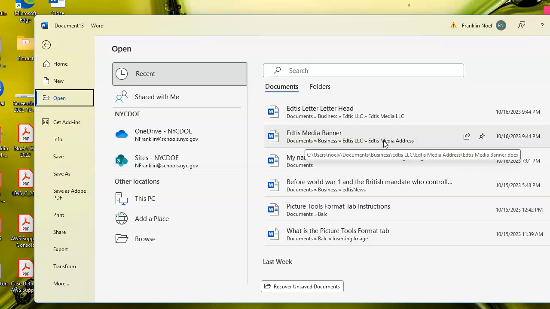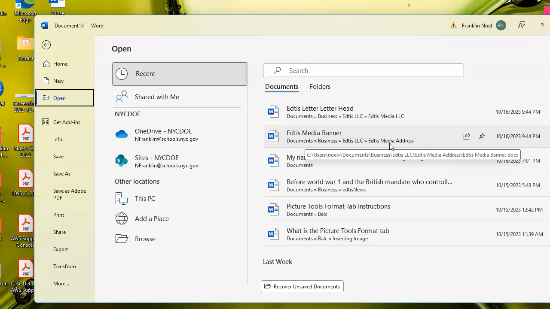Another reason why you need to know this is because sometimes you need to upload things to Google Classroom. You can't do that through Microsoft Word. You cannot do that through Microsoft Word. You have to do that through Google Classroom. But a lot of times I hear some people say, well, Mr. Franklin, I forgot where I put it. You go back to Word and you look up the folder path, and this is going to tell you where to find the file, so that you go back to Google Classroom,